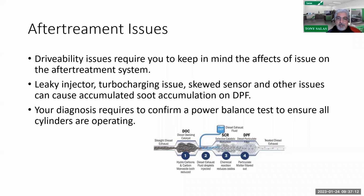If you've got a lot of black, gray, white, whatever smoke, then you know that's a big problem as well. We've done it before in diesels, and these diesels are not any different now, guys. So hopefully you agree. Now, obviously, drivability issues require keeping in mind the effects on the after treatment. Leaky injectors, turbochargers, and skewed sensors, like we just talked about with the MAP, will cause premature soot accumulation. But we need to add one more there,